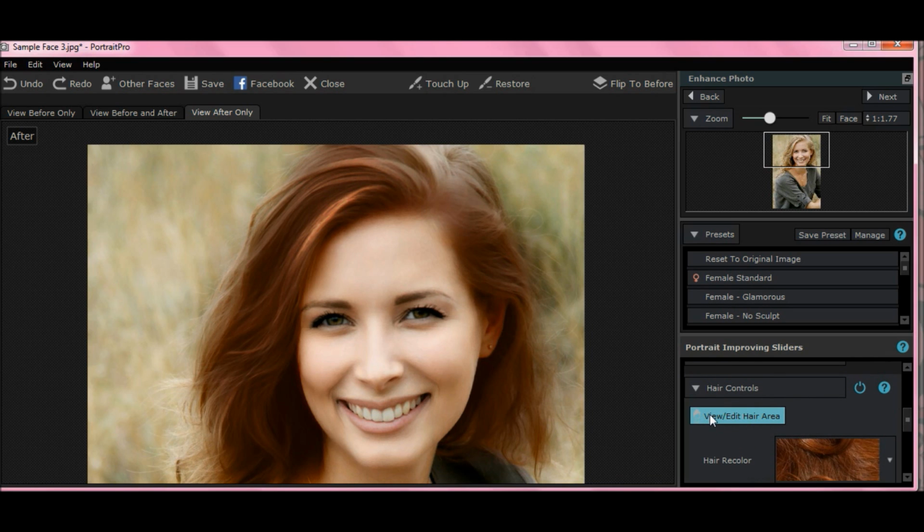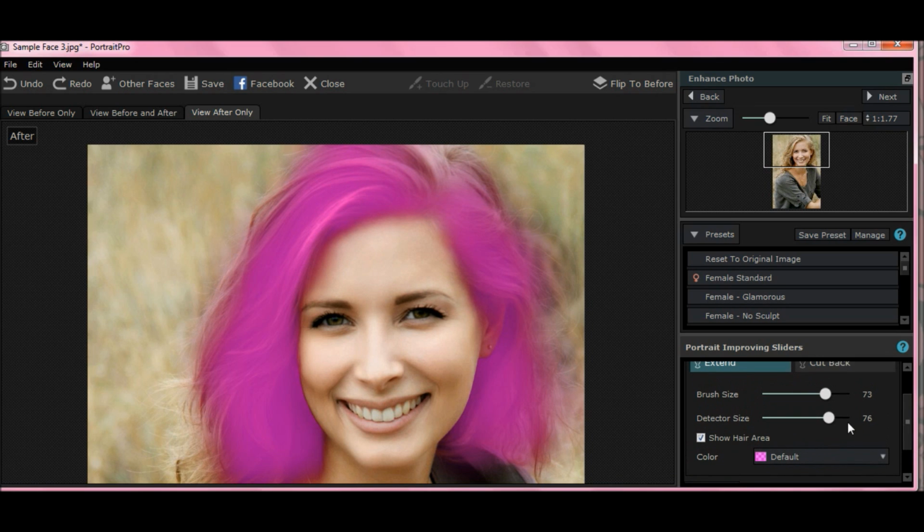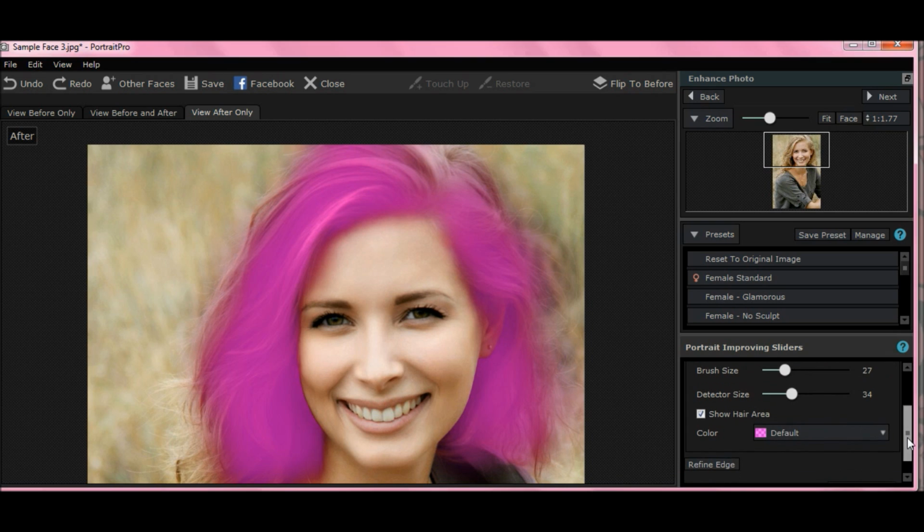So now do View, Edit Hair Area. And as you can see, each purple highlight. I'm going to make this circle smaller. It's my work area. So we're going to go brush size down, detector size down. Now, say her hairline was a little raggedy looking or uneven, or she had too many strays like baby hairs around her hairline, or if it was too far down on her forehead, you could go to that,